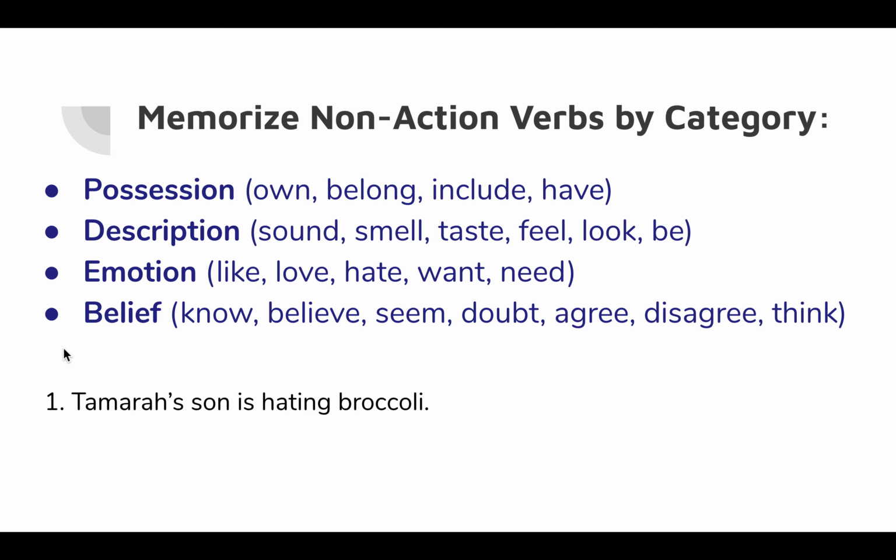So I have a couple of examples here. Here's the first one. Tamara's son is hating broccoli, right? So if we look at the verb is hating, we'll notice that it's using present progressive. But take a look up here. Hate is a non-action verb. Can we use it in progressive? No. So we need to change that one to Tamara's son